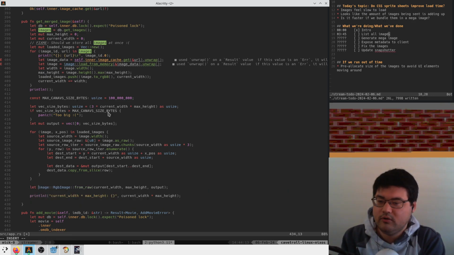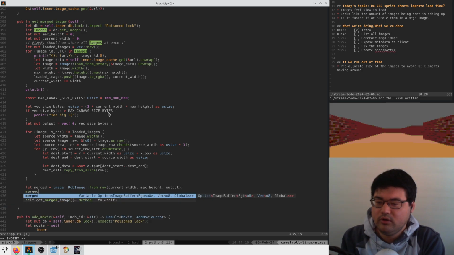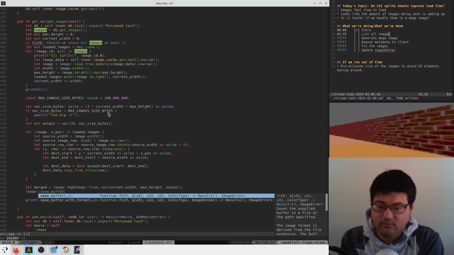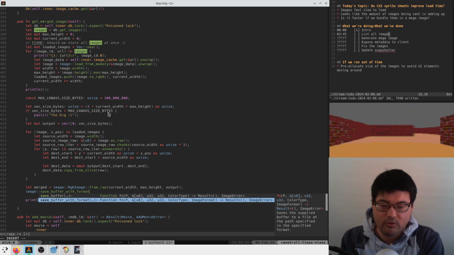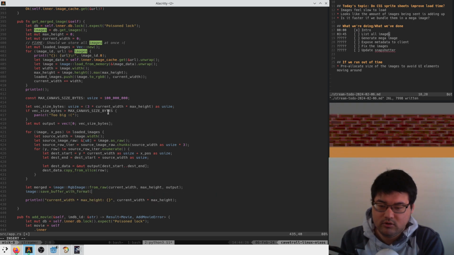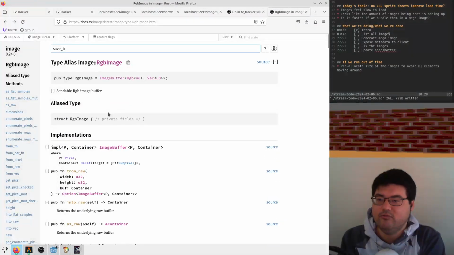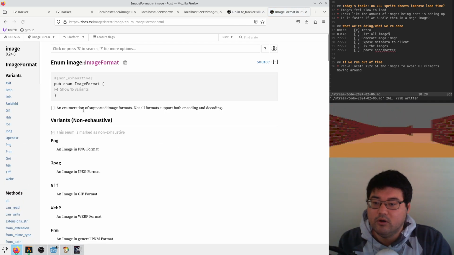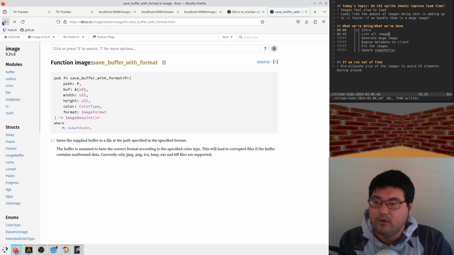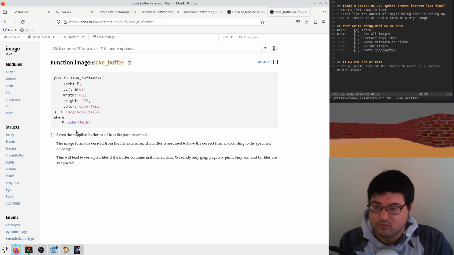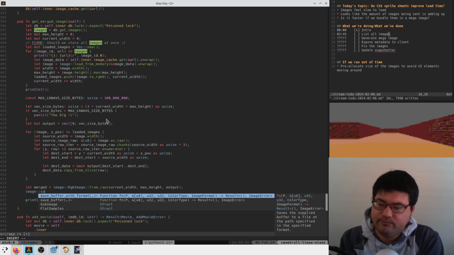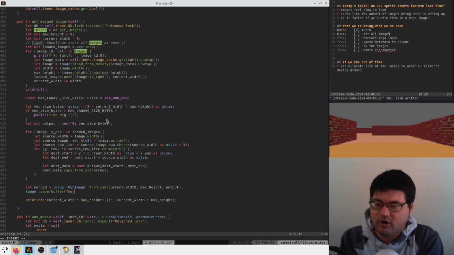somewhere. Merged. Use like save image, save buffer with format. Seems right. Save buffer. So here we want like image format PNG. Okay, but I guess save buffer will derive the correct image format based off the extension. So that's fine. You can say save buffer to merged PNG. The buffer is